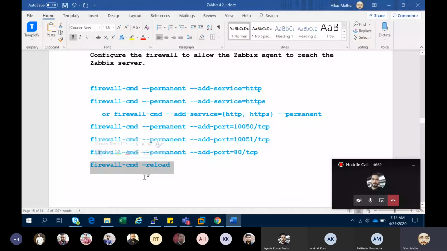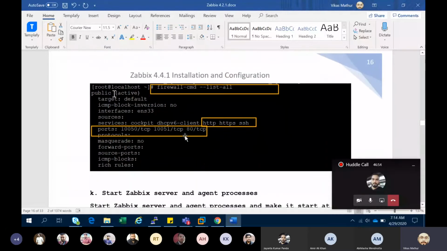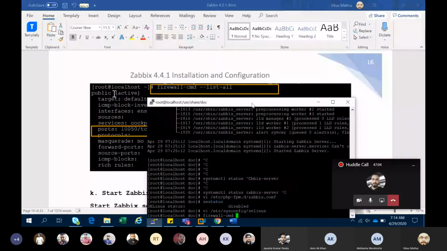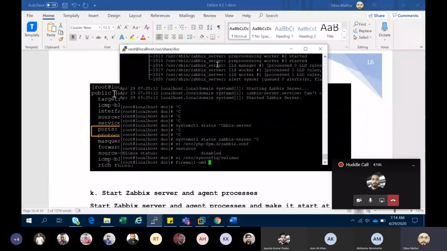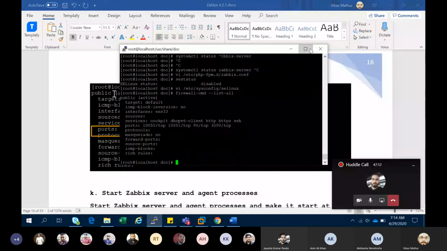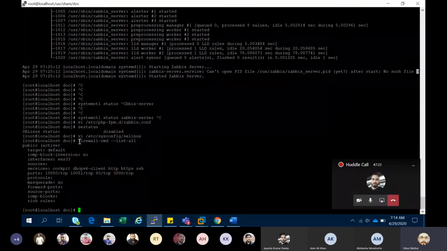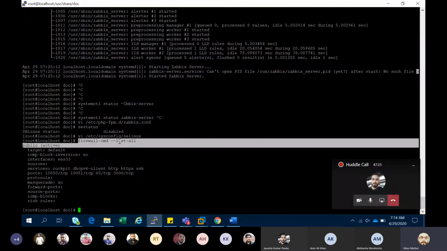Reload basically applies the changes. If you want to allow or block your services or ports, here you can see firewall-cmd --list, it tells you which port is running.